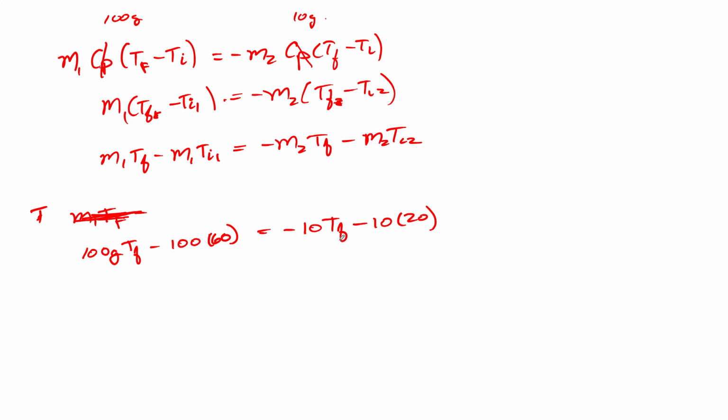And we're looking for TF, so we've got to move the TF over to the left-hand side by adding 10 TF to both sides. And that has to be a plus, excuse me. So 110 TF is equal to